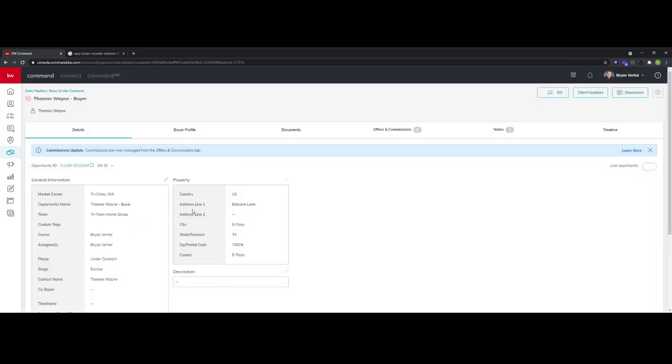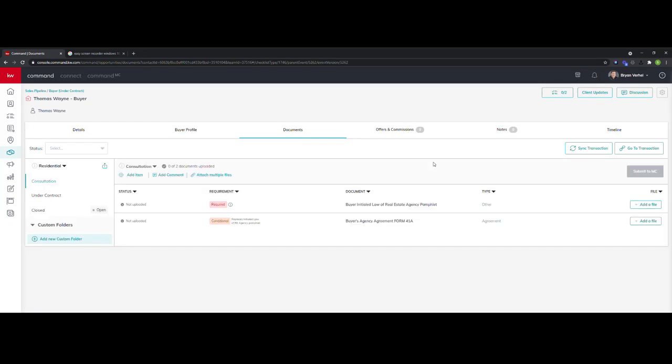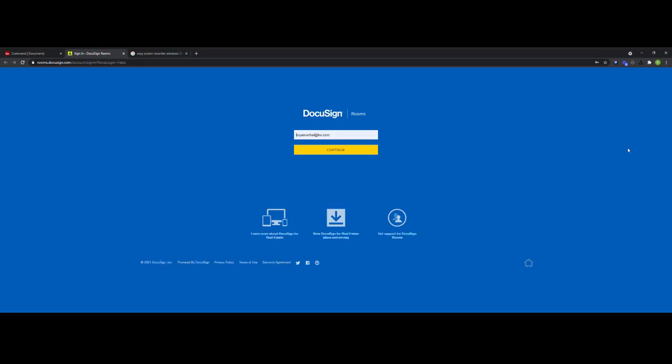So we're going to click in here and we're going to go to documents. From documents, you see here it says go to transaction. If you haven't started a transaction, it will say start a transaction. We're going to give that a click. And what that's going to wind up doing is taking us to Docusign where we can go ahead and sign